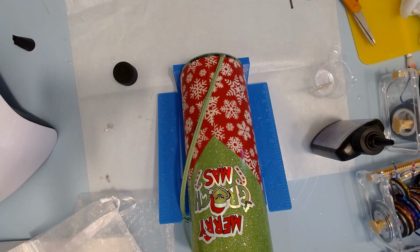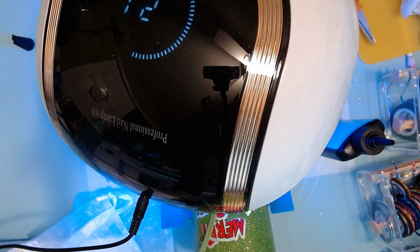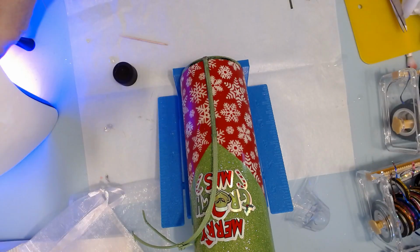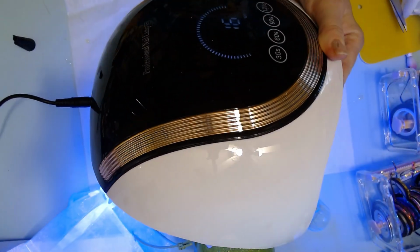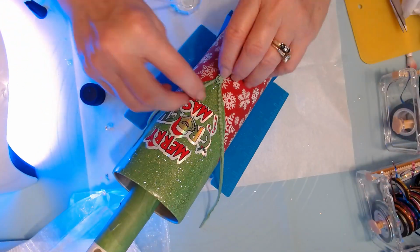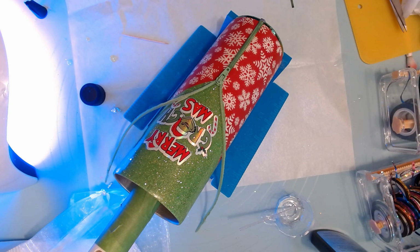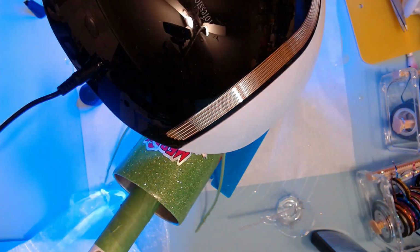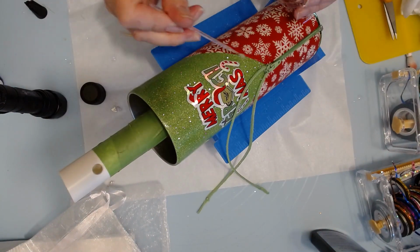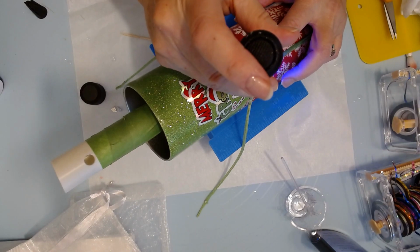So you're just going to apply some of that UV resin and then put it under either the heat lamp for like 2 to 3 minutes to make sure it's fully cured. Or, if it's a sunny day, you can put it out in the sun. Or I have also a little UV flashlight that I use. You just want to cure it for 2 to 3 minutes, and like I said, once you hit it with that UV light, it's there for good. So you want to just line it up and hit it with that light again